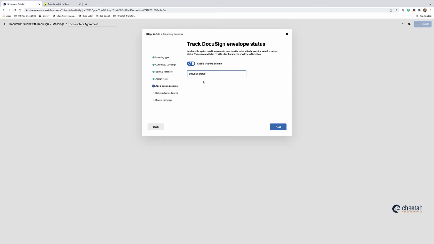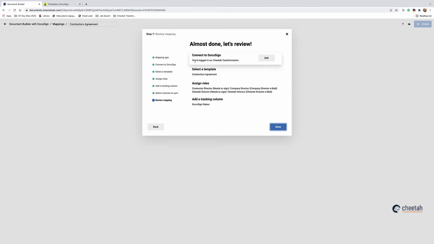And what that does, it adds a column to your sheet, and it will update the status of the document as it flows through the DocuSign process. Let's go to next. Now you have an option here to enable data syncing, just in case any of this information changes, it can automatically sync with DocuSign, but we're not going to have that turned on. And go next, and then we've done that, and now it's going to ask us to map